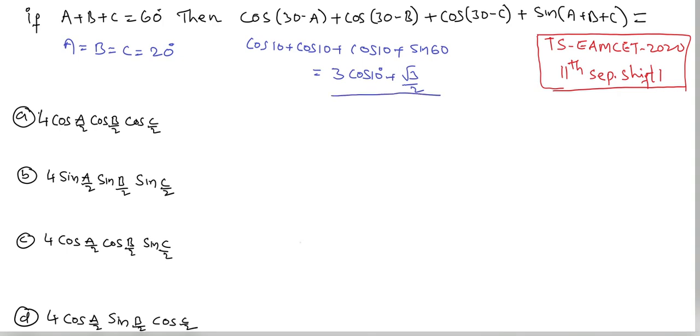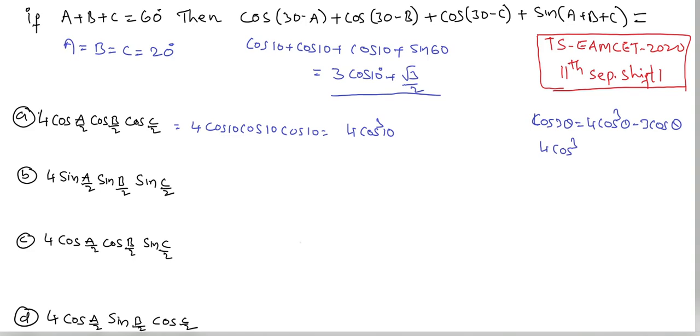Now substituting these values in the options also. First option, 4 cos A by 2, that is cos 10, cos 10, cos 10, that is equal to 4 cos cube 10. We know that cos 3 theta is equal to 4 cos cube theta minus 3 cos theta. From this formula, 4 cos cube theta is equal to cos 3 theta plus 3 cos theta. Substituting theta value 10 in this equation, that is 4 cos cube 10 is equal to cos 3 theta, that is cos